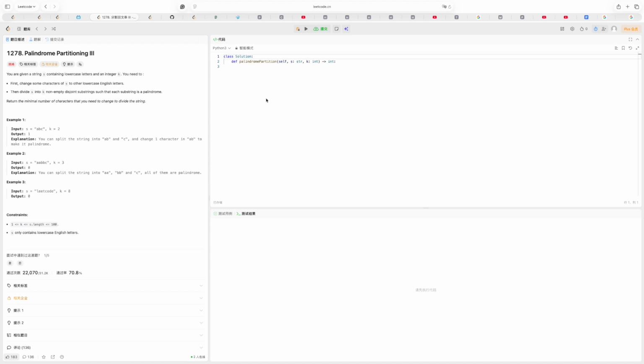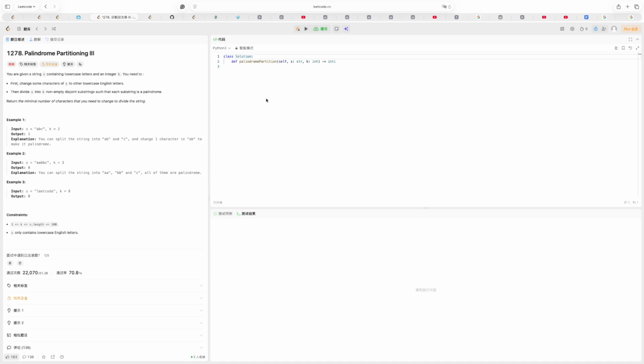It just means partitioning the string. So you must partition the string into K parts, and you can change whatever characters you want, and